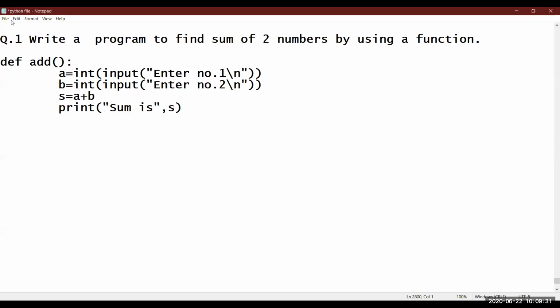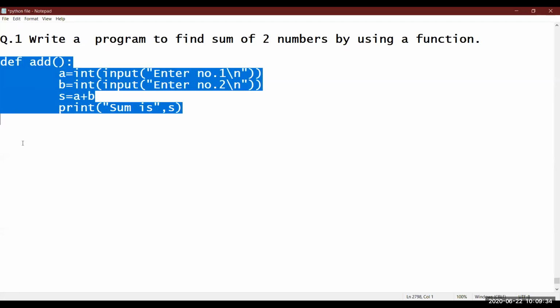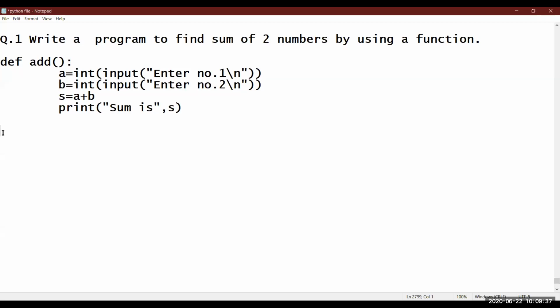Now this function is finished. This is just definition creation. Function will not be called automatically. That means someone has to call the function. Now you all know how to call a function. You all have used print function, the name of function followed by parenthesis and the value which the function accept. Like input function, name of function followed by parenthesis, the value which the function accept you have to pass. So same way, since we know this function is not accepting anything, so its syntax of calling will be name followed by bracket. Name followed by bracket.